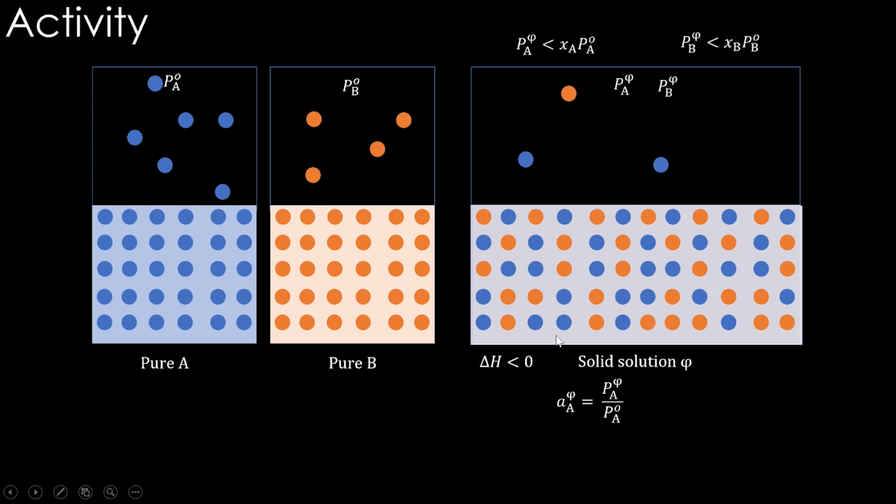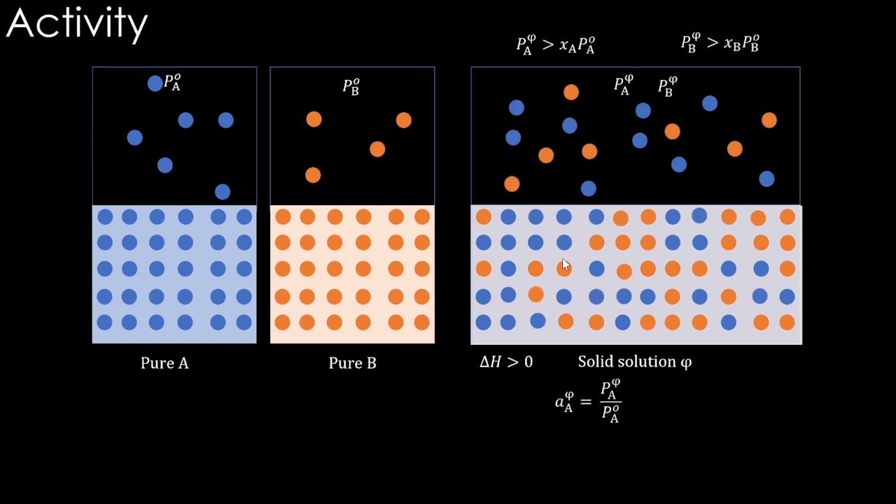Similarly, when the solution is not ideal and when there is a negative enthalpy of mixing, we will see that the mole fraction of A is higher than the activity of A, meaning more atoms would like to be here in the solid, reducing the activity of A, meaning A is not very active to come to the vapor state. It is less active, meaning it is more stable. When delta H mix is positive, obviously, there is more number of atoms in the vapor state, making the activity of A higher than its mole fraction.